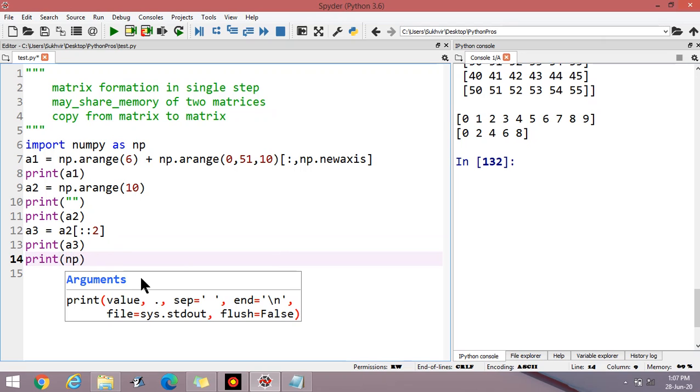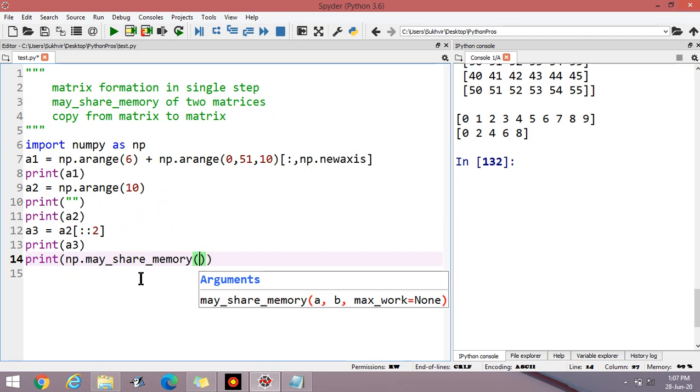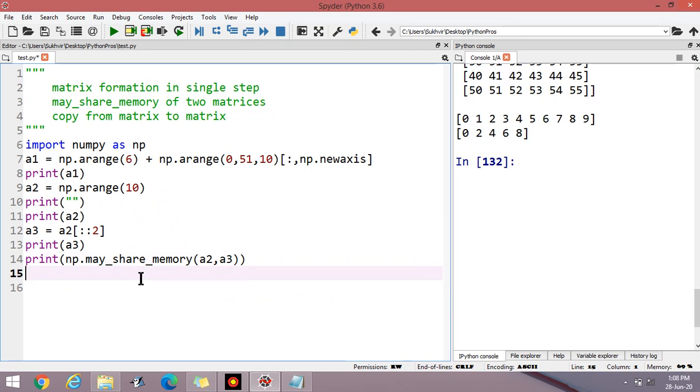Now apply may share memory. Print np.may_share_memory(A2, A3). Suppose A2 and A3 are sharing memory. Let us change some value inside A3.